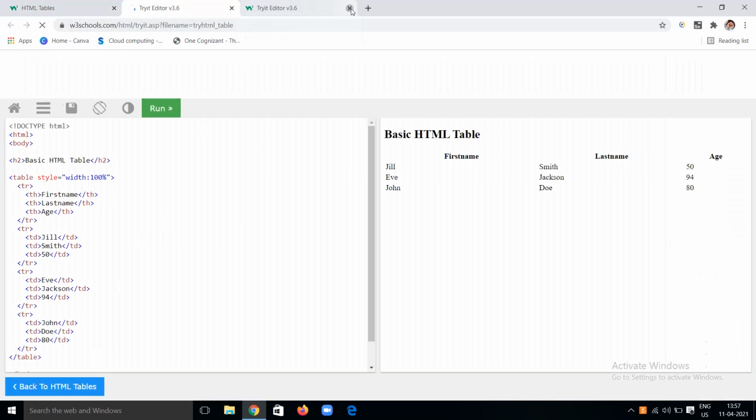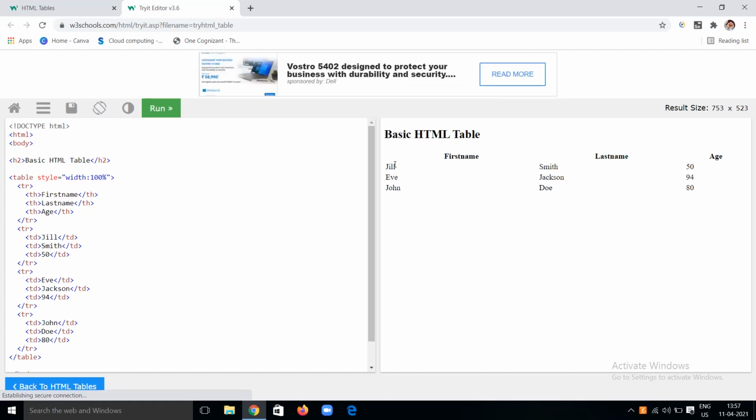See the example, how the output will be, then you will get clarity on that. Here you can see I'm just giving the width, I'm not giving any border, so it will not resemble a table. It just gives the content as we have described. With the style of 100%, the web page will be 100% covered by this table. And next, the first name is centered and bold. Here you can see that because I included this in the th tags, the first name and age. Observe this example.